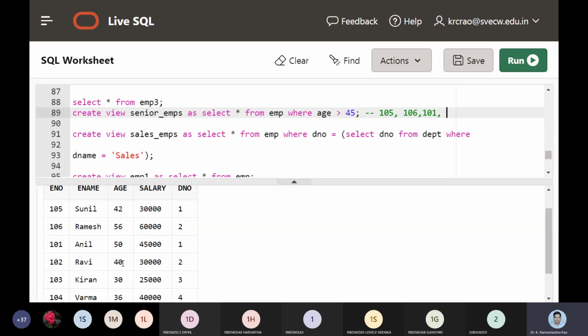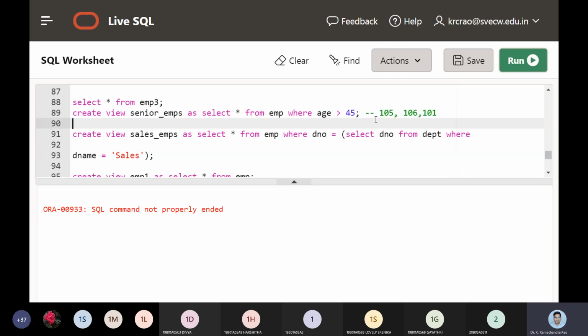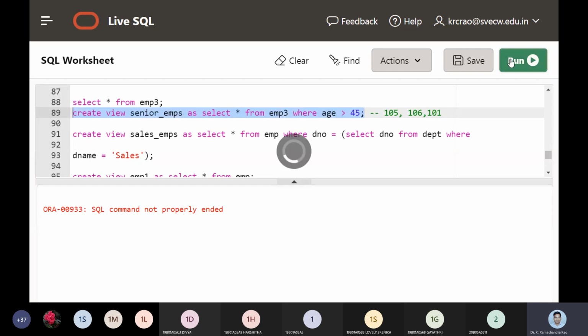Then I have this 40, Ravi's record, which I shouldn't consider, because 40 is less than 45, 30 is less than 45, 36 is less than 45, so we are not taking those. So we fix up with the 3 records. Just to see whether the view was created or not, the first focus is I should use employee 3. Then I'm hitting this.